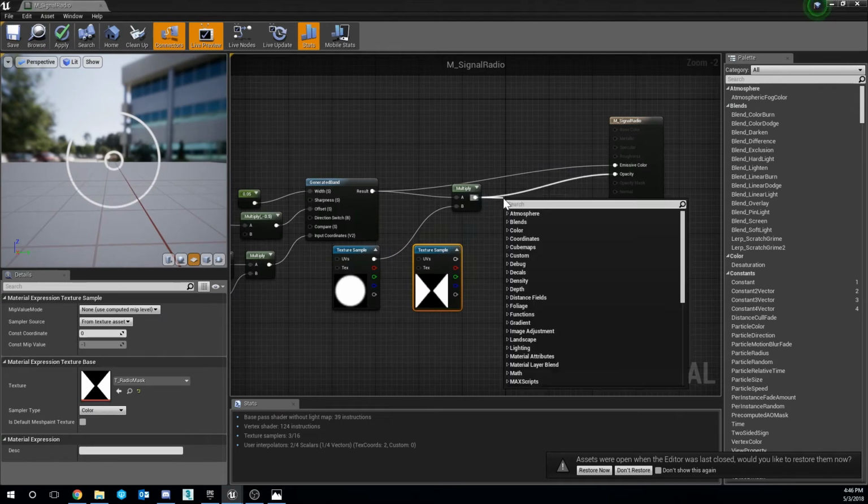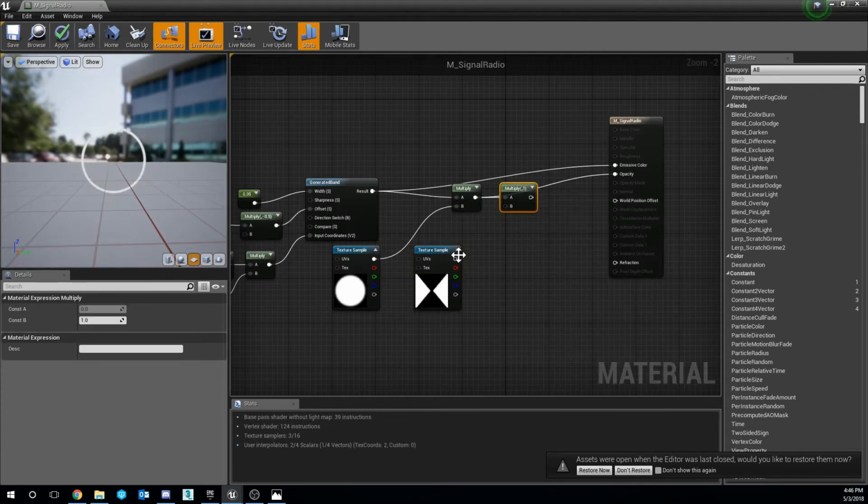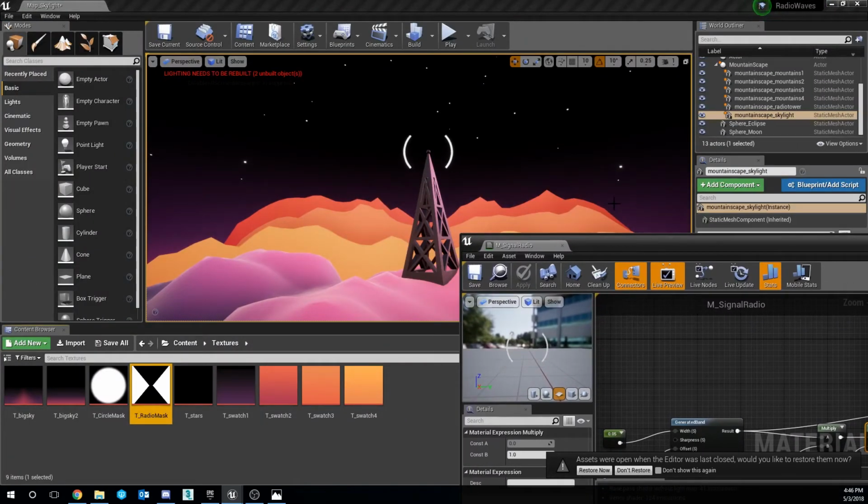I have another mask here that I want to use, just to showcase how simple it is to easily modify the boundaries of our material. I multiply that to the end of the opacity input, and you can immediately see the result. We're getting closer to our desired reference. Again, I'm using a mask to exclude certain portions of the material.